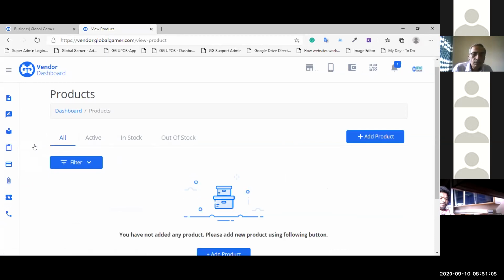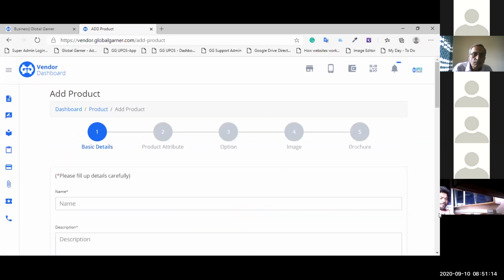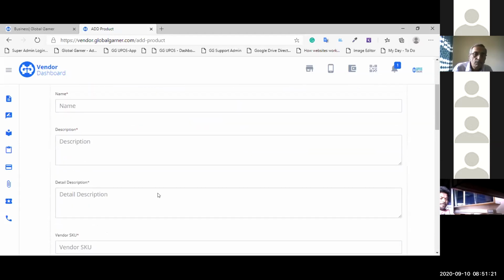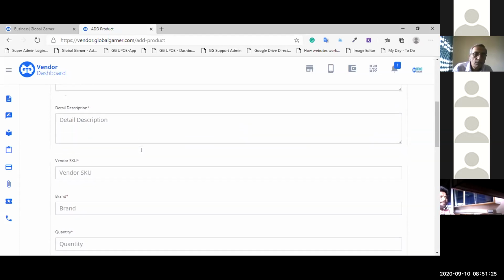Now for adding your product, just click on add product. Right, here you need to enter all the details of your product like name, description, detailed description, SKU.